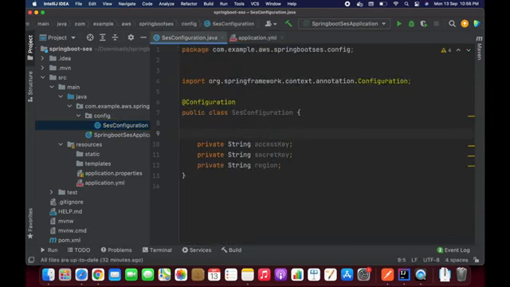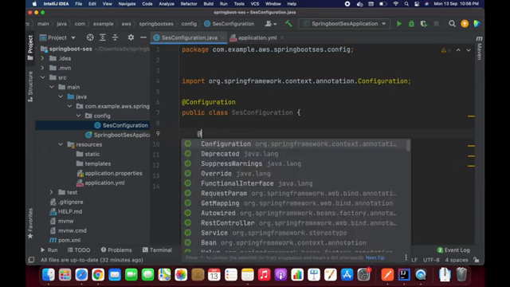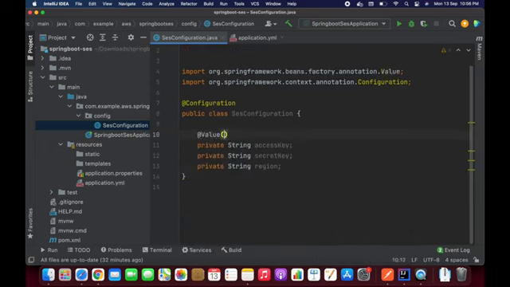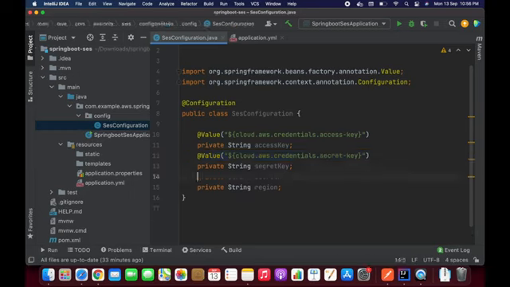So to access the values from the application.yml file, we have the @Value annotation. So here let's take static. Okay, so we are ready to create the bean here. First, what we need to do is create one bean. So that bean,